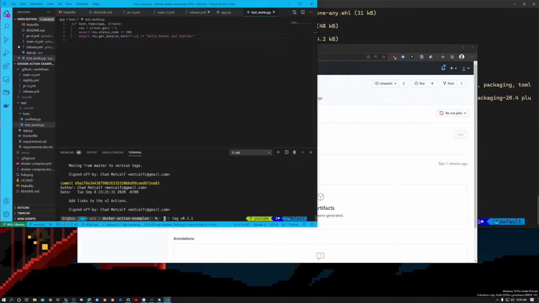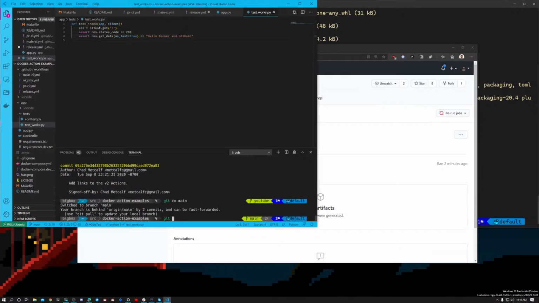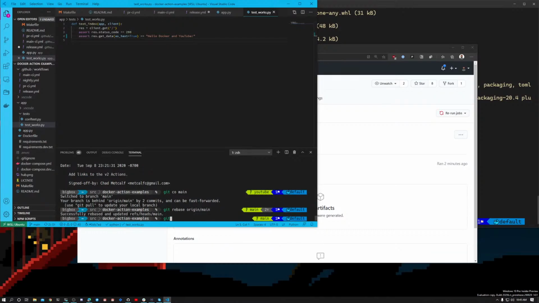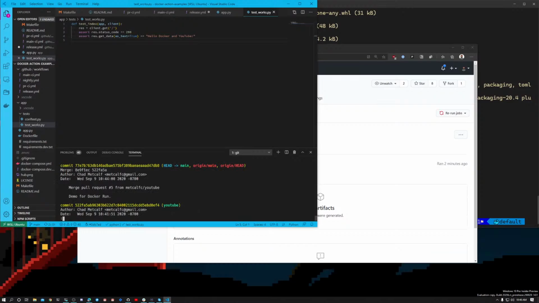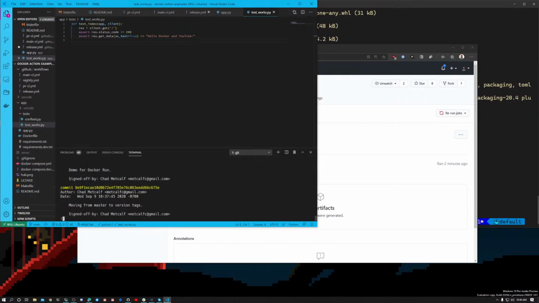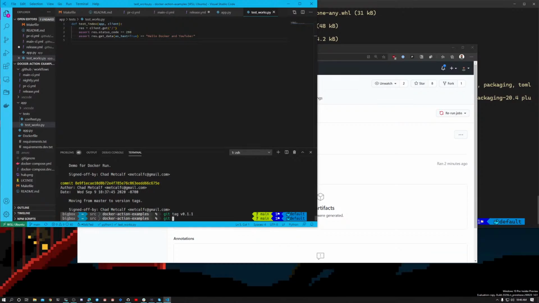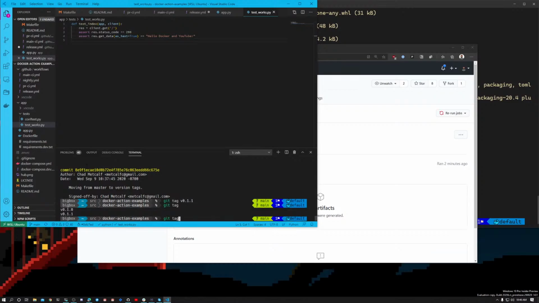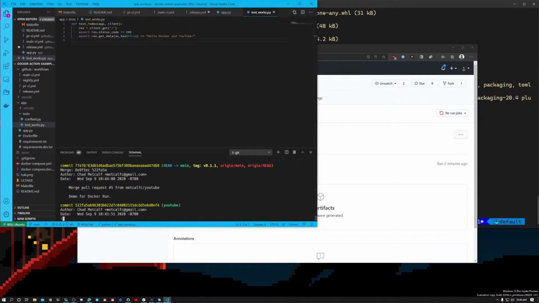Oops, I want to get out of the YouTube branch. So git checkout main, git rebase origin main. So now if I look at this, git log, I've got the main, I've got the merges, I've got the master tags, all of that's good to go. Git tag version. All right, so now if we do git tag, we'll see that there's two. If I do git log now, I see that that tag is there, and so I'm now going to do